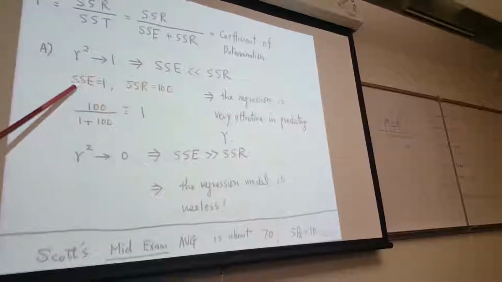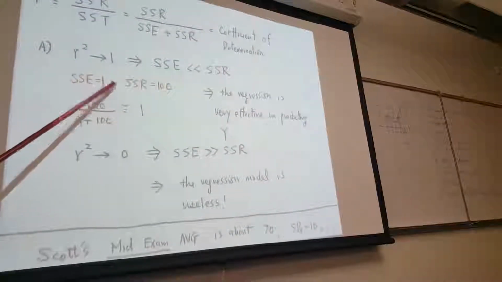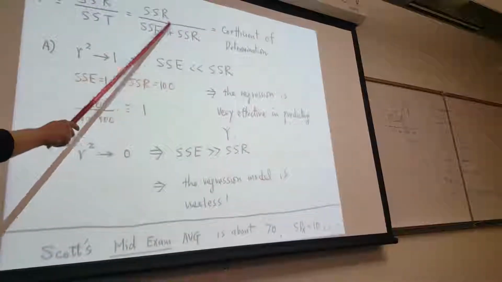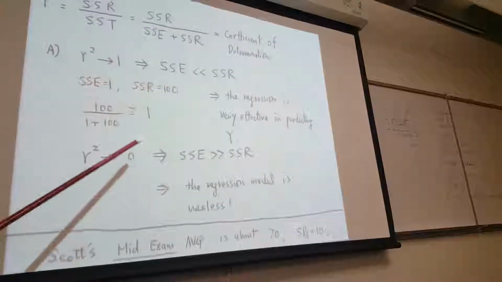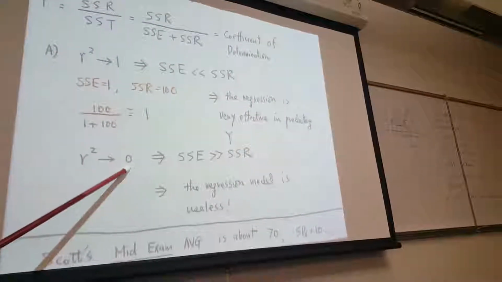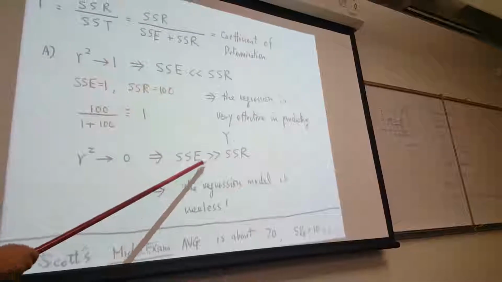Say you reverse the role. You change SSE to what? 100. SSR is what? 1. Then you find this is what? 101 and this is 1. So it's almost close to 0. Can you see that? So you know when R squared is close to 0, this implies SSE is much, much bigger